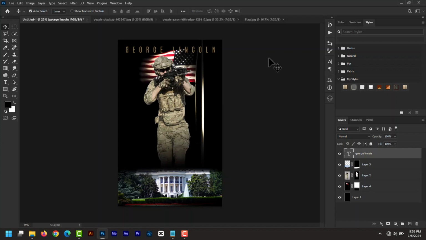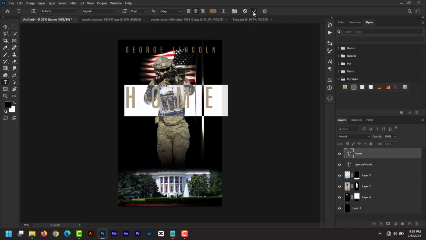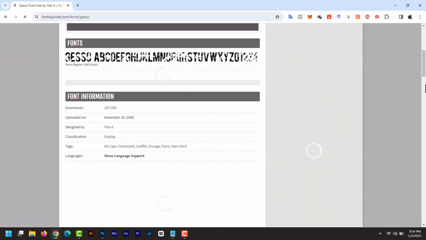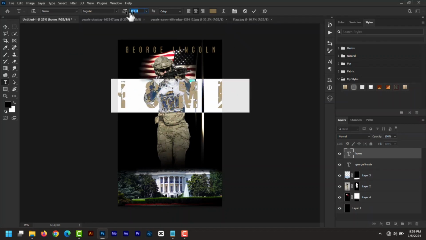Now let's add a title. Make sure the text tool is still selected. Click to add a text layer and then type Home. Double click on the layer and increase the font size. Now download this Gesso font. You can download it from Font Squirrel or any other font site. Install it after download. Now change the font to this Gesso font and then increase the size again until it's